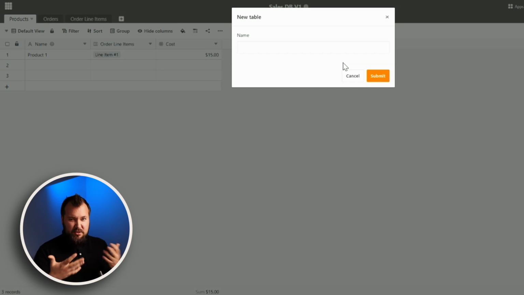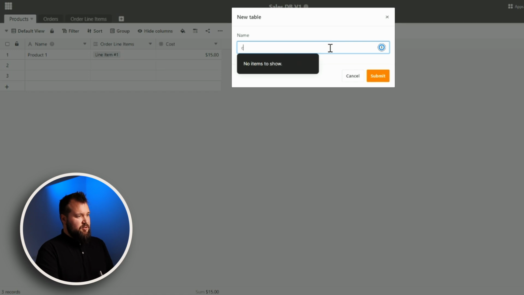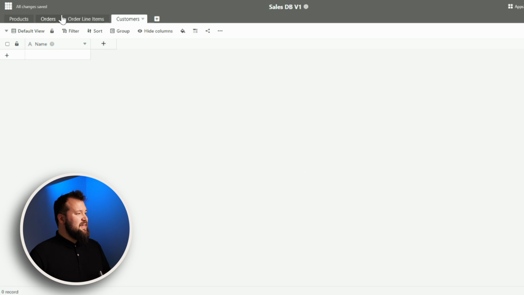Why do you have to distract my vision of where I was working, with a pop-up just for a single name? Really? Even Excel, that you hate so much, or you think that your clients come from Excel, when you create a new tab, it just allows you to edit it immediately, right there and then. Like, why not mimic that? But anyway, let's just add a new table, customers, submit,